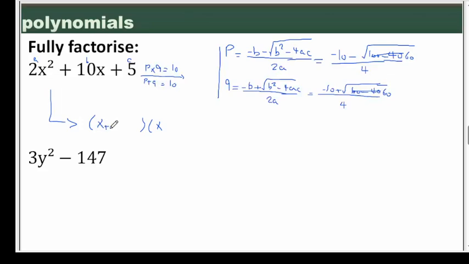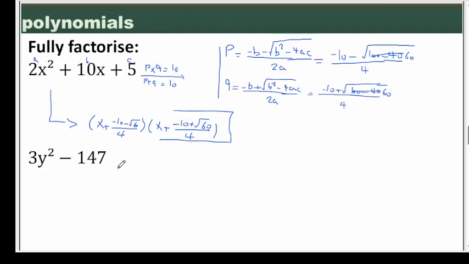So x plus p, where p is negative 10 minus the square root of 60 over 4, and here plus q, where q is negative 10 plus the square root of 60 over 4. So I can write it in factor form with real numbers, not